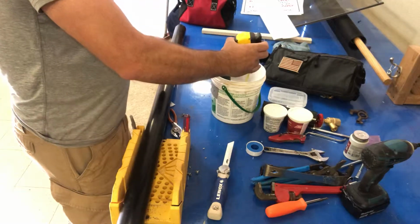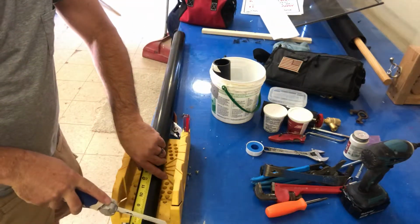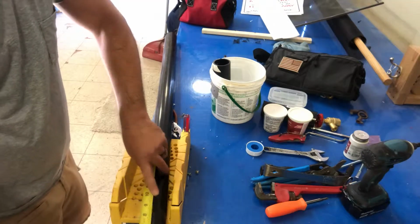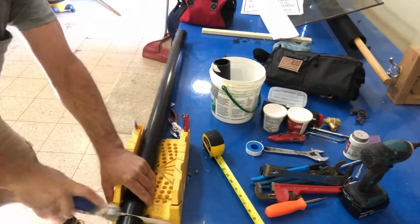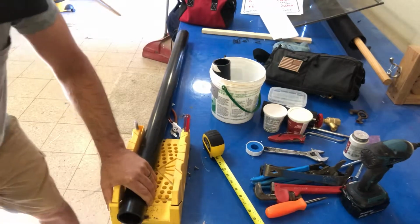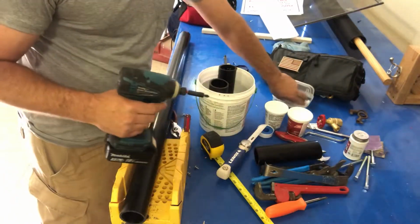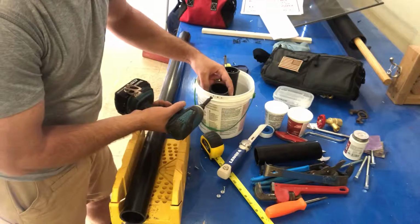So again, measure your bucket depth or height. 7.5 inches is what we got. You can mark it if you want or just eyeball it. What you do is make a quick little cut or scribe at your 7.5 inch mark. Saw it. There you go. Take your pipe. Get some of the self-tappers. Put your pipe